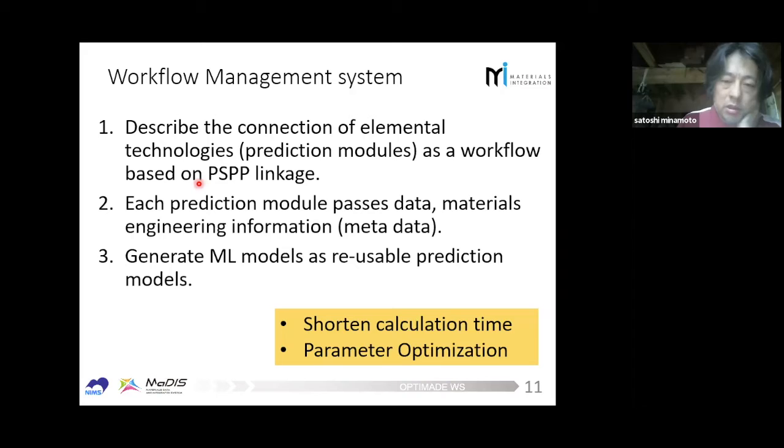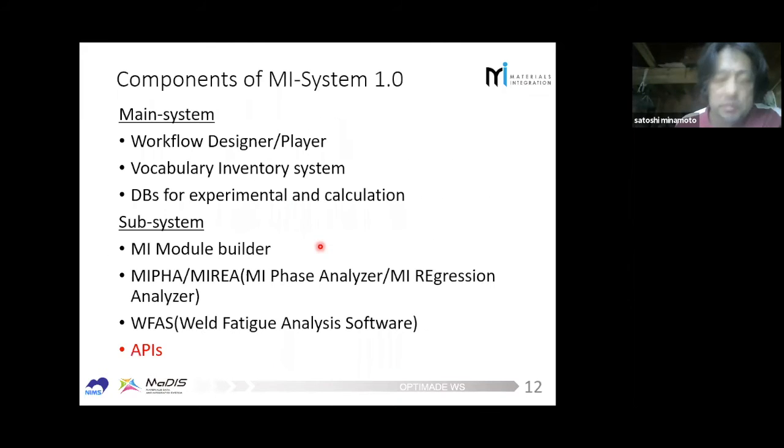Okay, and generated machine learning models are used as prediction models in the system. So it leads to reducing calculation times. So this is our system, mainly in order to solve the multi-scale problem as a forward problem, okay,